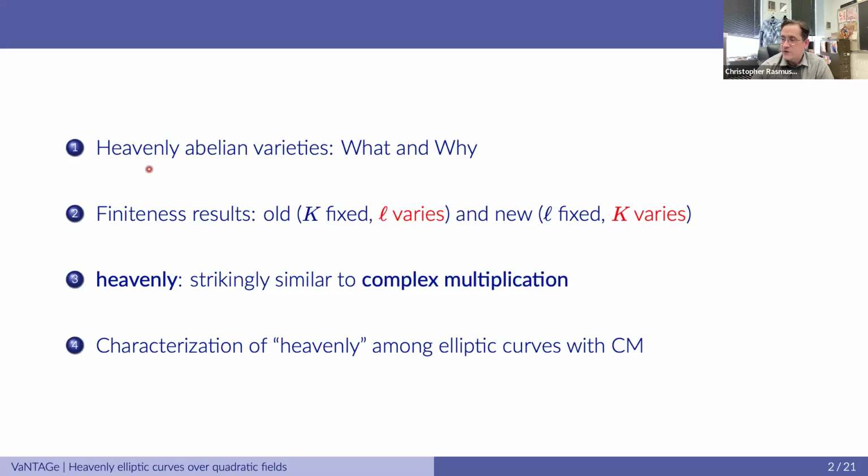And along the way, we discovered that there's a striking similarity between the behavior of these heavenly elliptic curves and elliptic curves that have complex multiplication in terms of the behavior of the traces of Frobenius elements. And I'll explain that a little bit more in detail when we get there. And this allowed us to actually give a characterization of heavenly elliptic curves among those that have complex multiplication. And I'll report, if there's time, on a little bit of computational results we obtained as